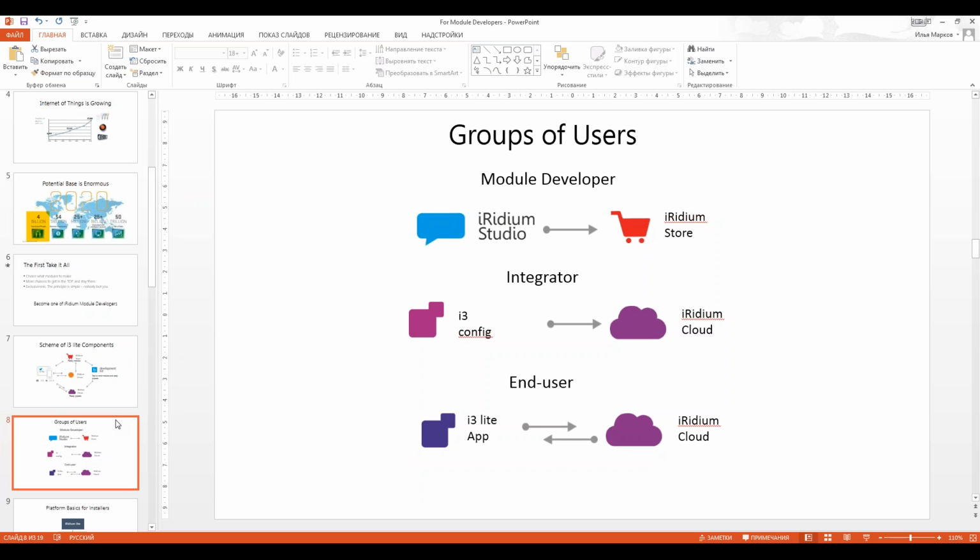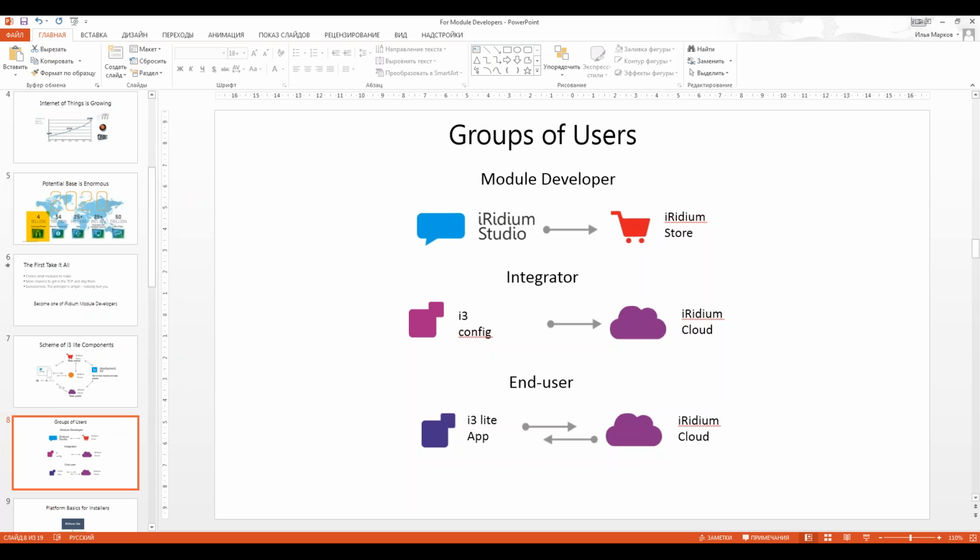The second group is integrators. They should use the i3config app on the mobile platforms. They should buy the ready modules from iRidium store, and with those ready modules, they can create a simple project for controlling smart homes, and after it, integrators can save that project in iRidium cloud.